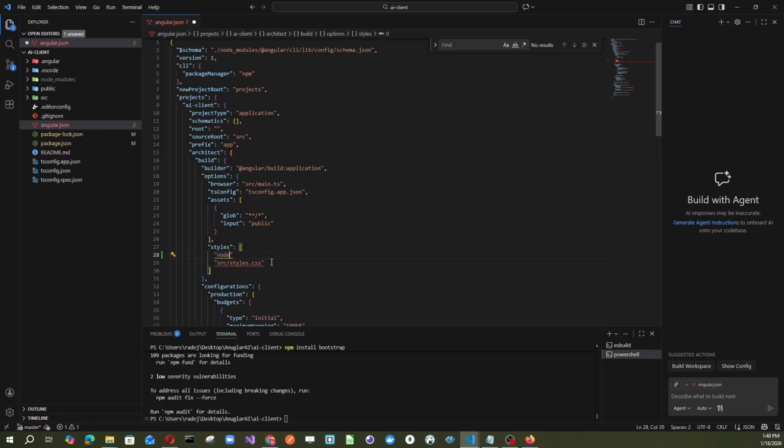node_modules, bootstrap, dist, css, bootstrap.min.css, and that's it. If we also want to use modals, dropdowns, tooltips, for example, from Bootstrap, we need to